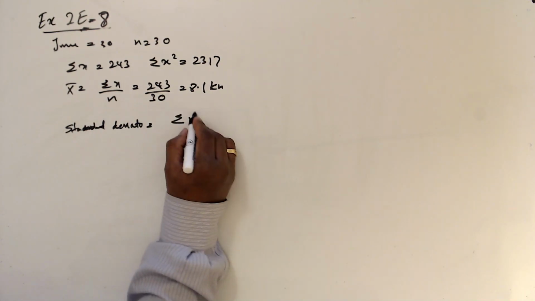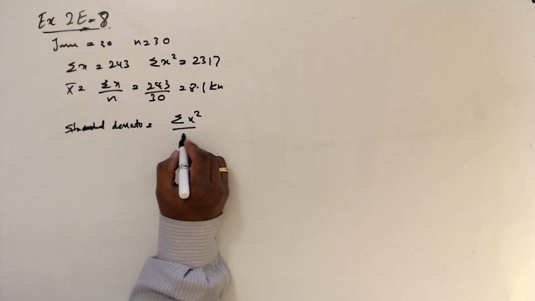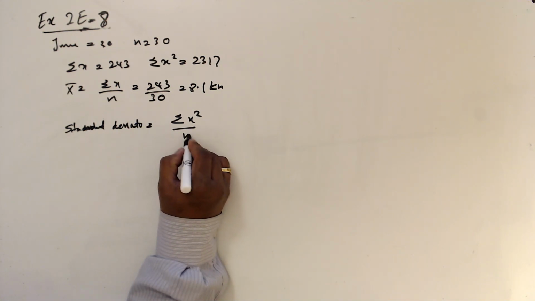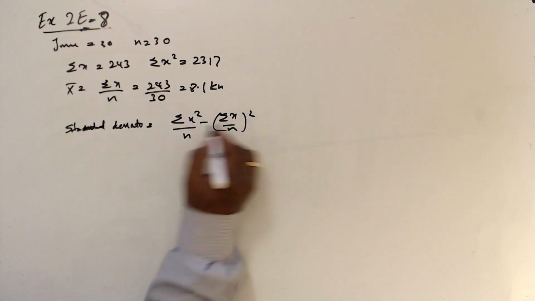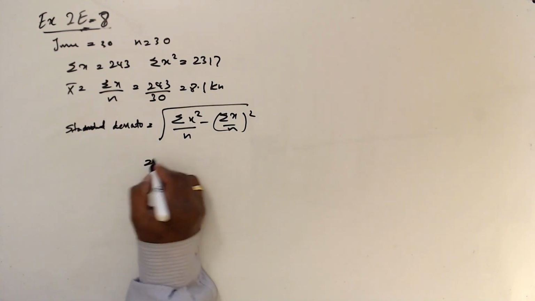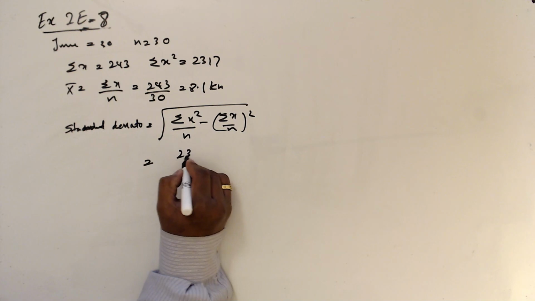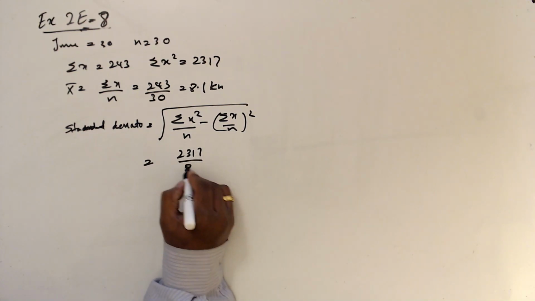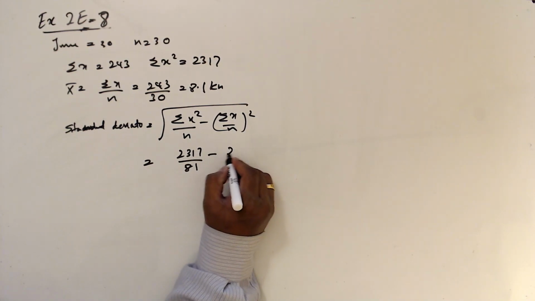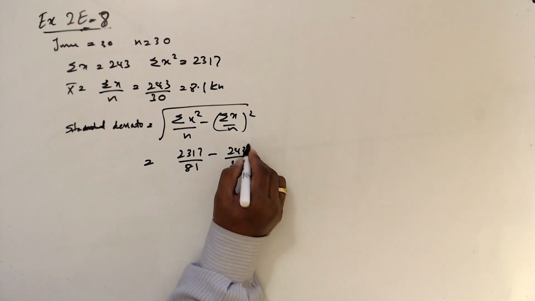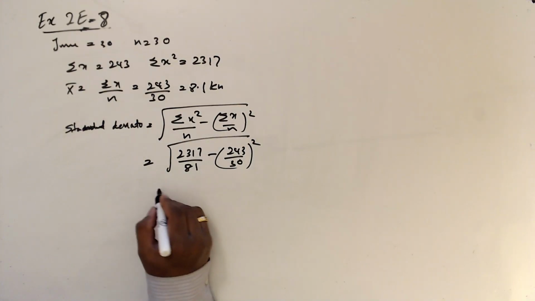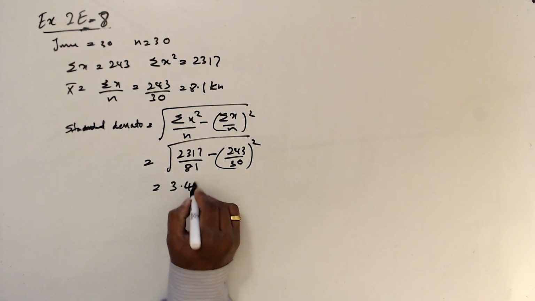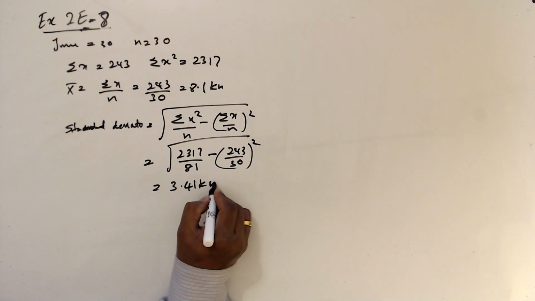And the standard deviation is the square root of summation x square over n minus summation x over n, squared. So this is going to be the square root of 2317 over 30 minus 243 over 30 squared, and this is 3.41 kilo